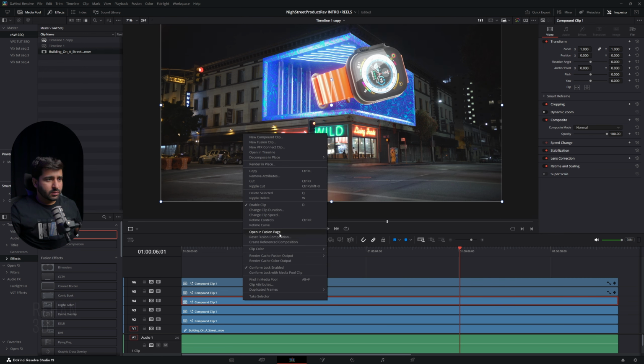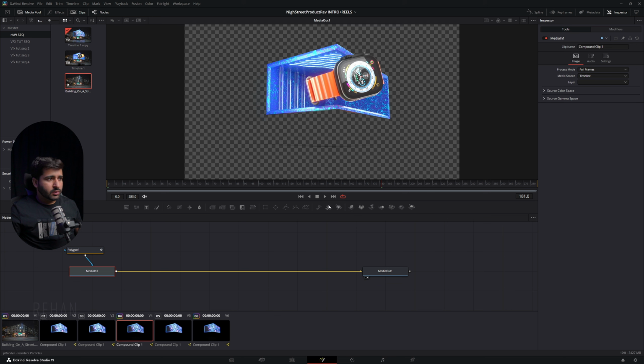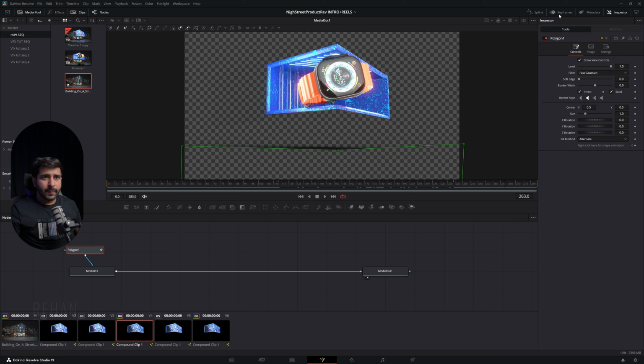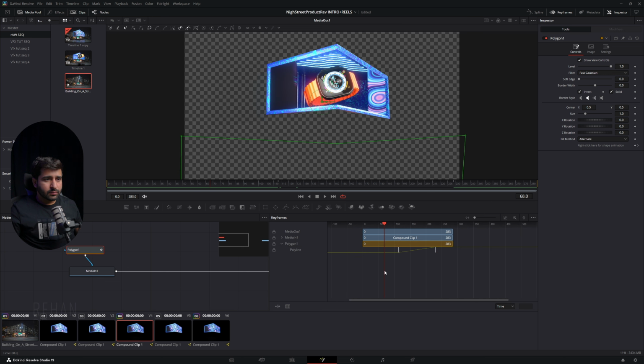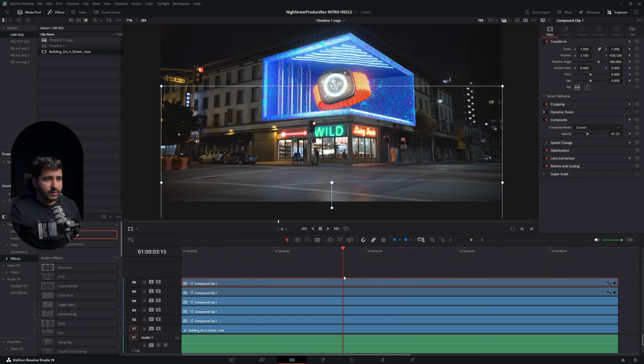So I think this is nicely animated. So go into this and remove all the keyframes, just like this, mask and keyframes, and just remove these keyframes. Like this, go in the timeline, and now we are good to go.